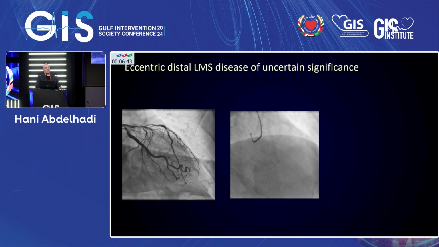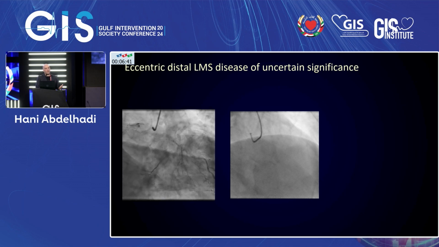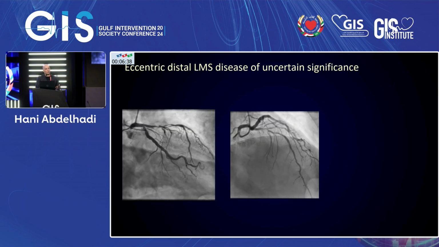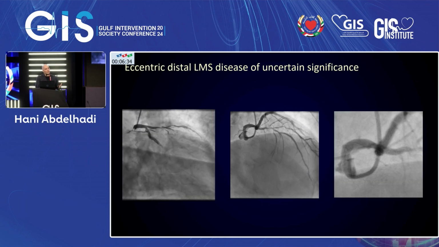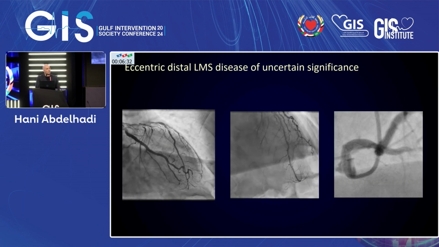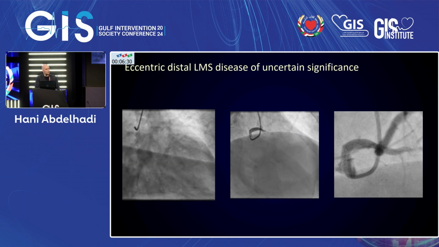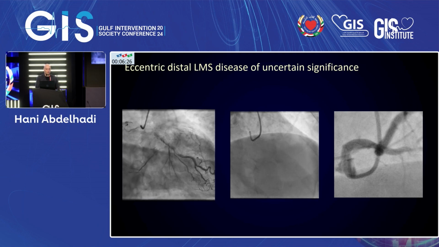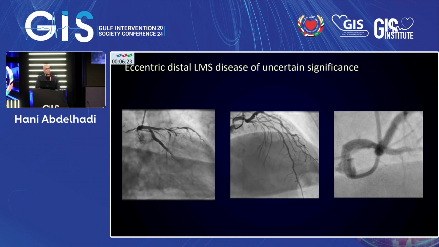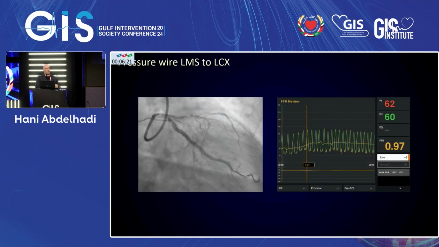This patient came in with an ACS clearly due to the LAD. But during coronary angiography, there is this eccentric distal left main disease. And initially, as I looked at this angiogram and I studied it, I just wondered, is the left main significant? Should we stop here and discuss it in MDT, whether we should think about bypass surgery or left main PCI, or is it not? Now, luckily, the circumflex does not have severe disease.